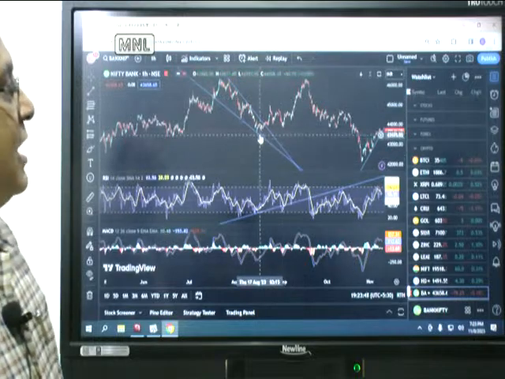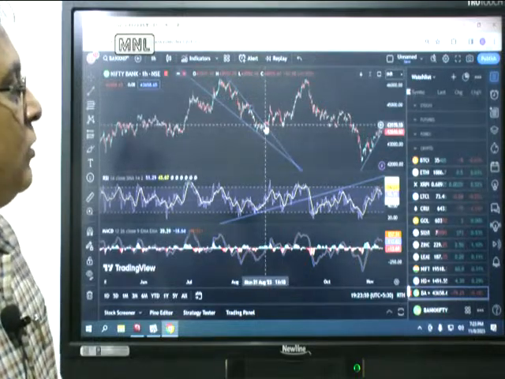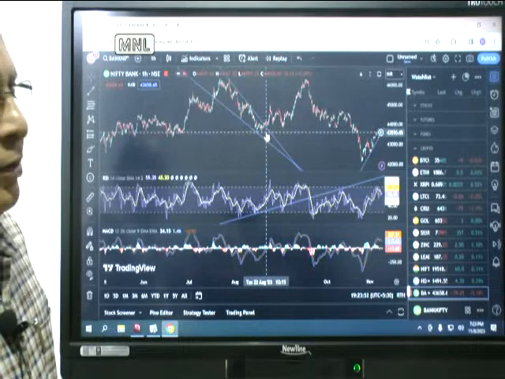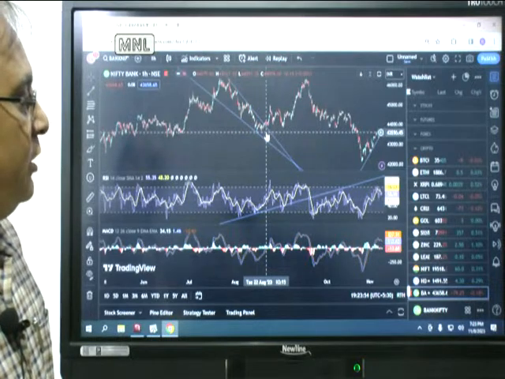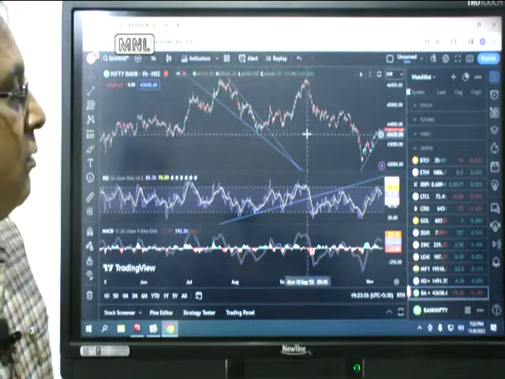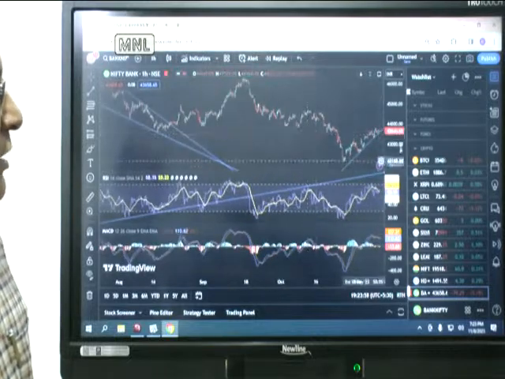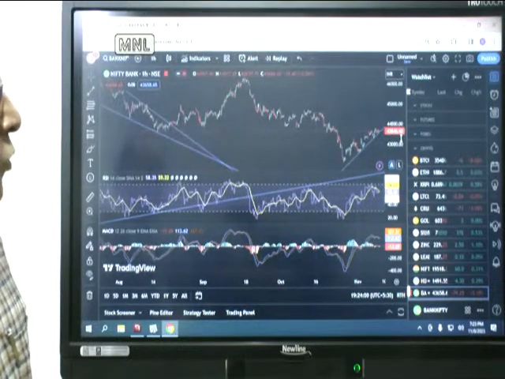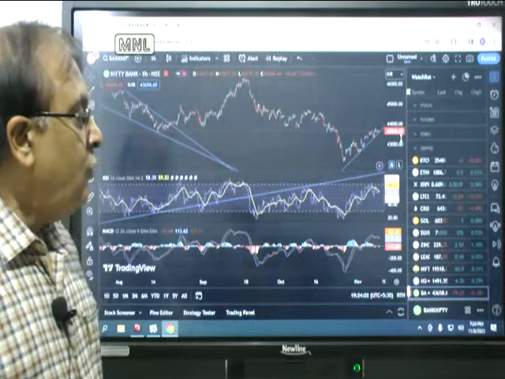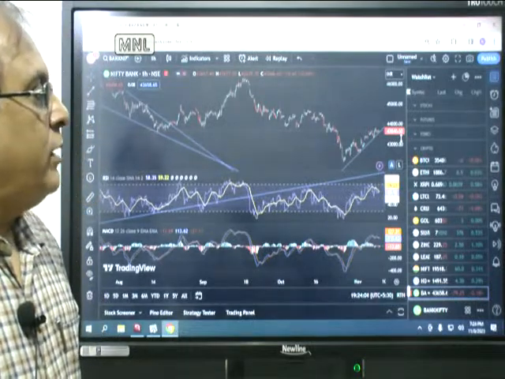So once this trend line is broken, in this case we can go long, keeping this low as a stop loss, keeping those lows as a strong stop loss. So now in the present case it is like this. Based on this, I think we should be looking towards